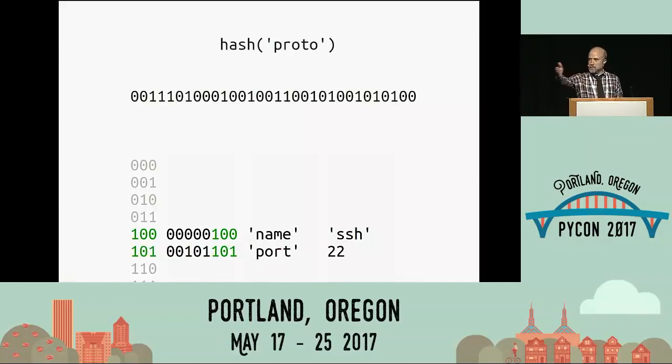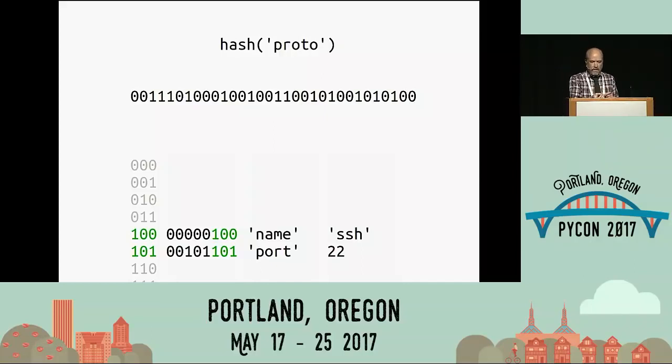And now, this was a big topic in the original talk. What happens if the third key happens to have a hash that's already been used, 100 in this case? And you'll remember that there's the technical term collision for what happens when we try to store proto and run smack into the fact that name is already taking that slot.